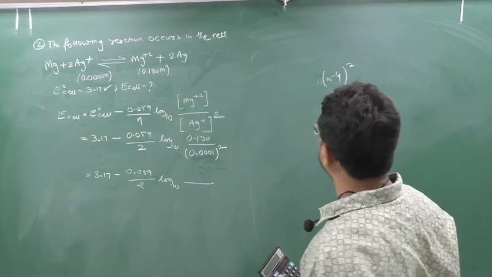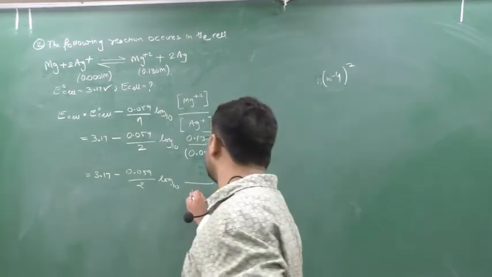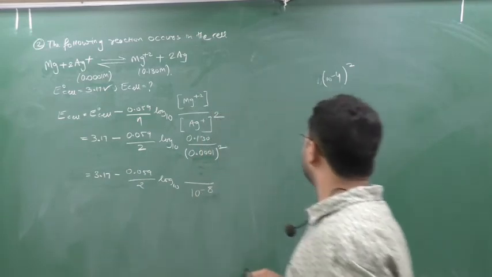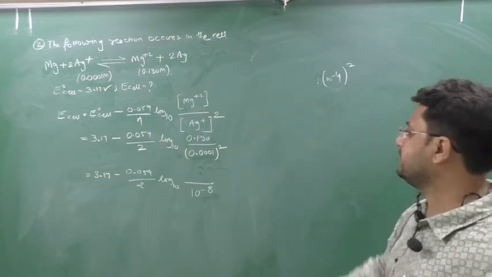On this there is a square. Square means 10 to the power minus 4, 10 to the power minus 4. That is 10 to the power minus 8, not 16. 10 to the power minus 4 and 10 to the power minus 4: if the base is the same, whether the power is the same or different, add. So minus 4 minus 4 is minus 8. And here